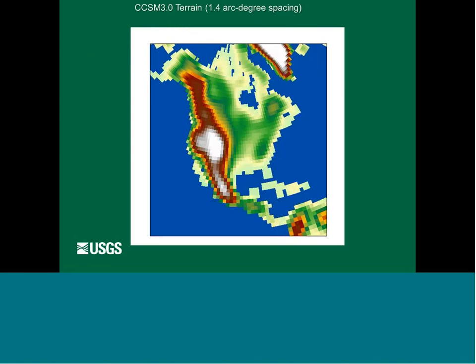Okay, so just to give you an idea of the areas that we've been modeling with this WRF. Here is the representation of North America from a general circulation model, a global climate model. This is CCSM3, and it shows the terrain. You can see that it shows the Rockies and the Sierras relatively coarsely, just basically a hump right there. You certainly don't see details like the Black Hills and the Balcones Escarpment.